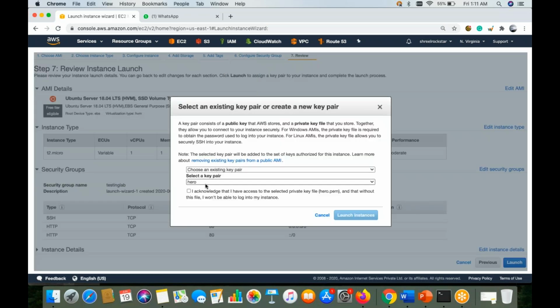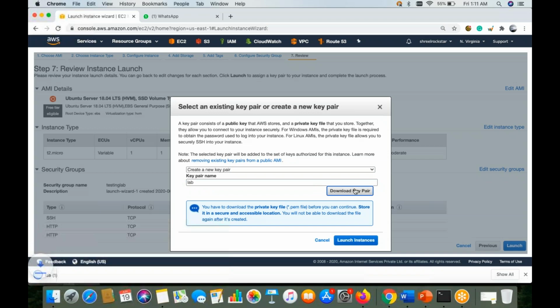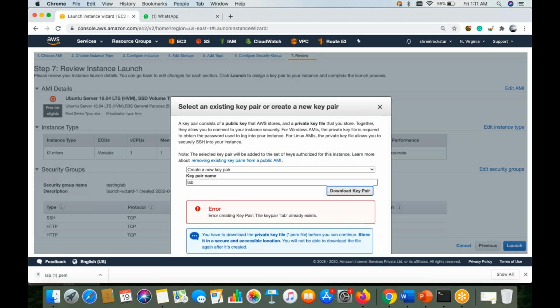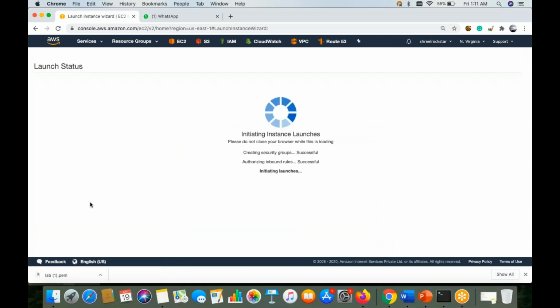Review and launch. Now I can create a key. Guys, I mentioned there is a key here which will be PEM based authentication. So I'm downloading one key here. I'm just giving the name lab. Download the key pair. This key pair, guys, we require for accessing the instance from my laptop. Let me change the name, guys. I think it already has a name. Okay, no issues, I can use it.